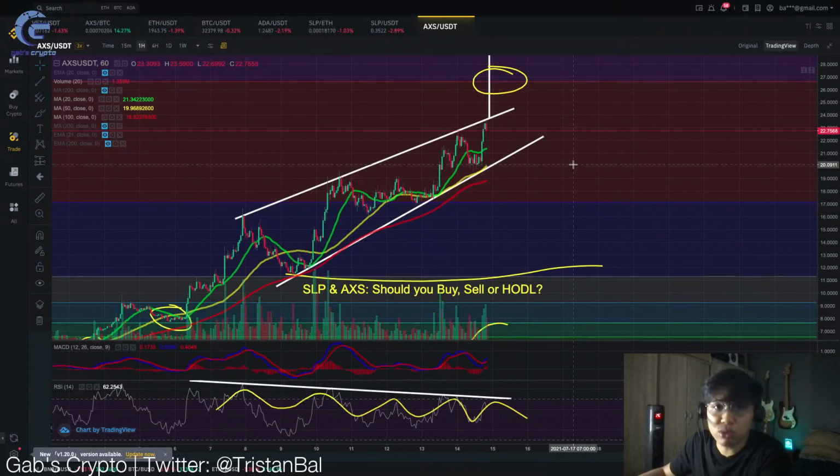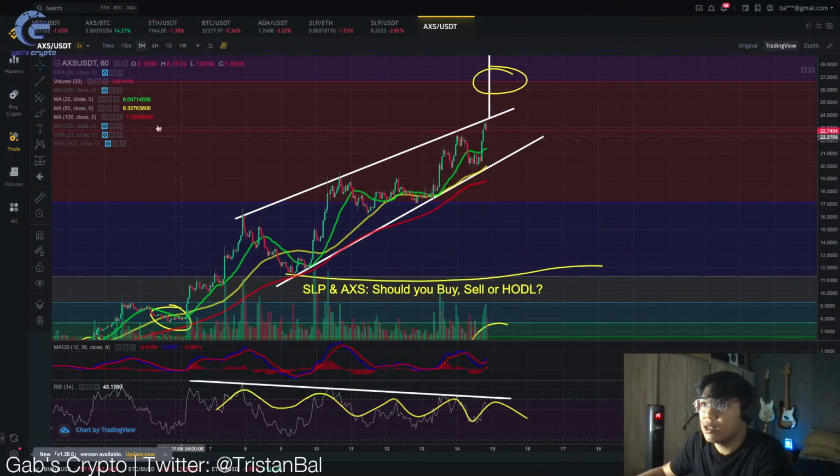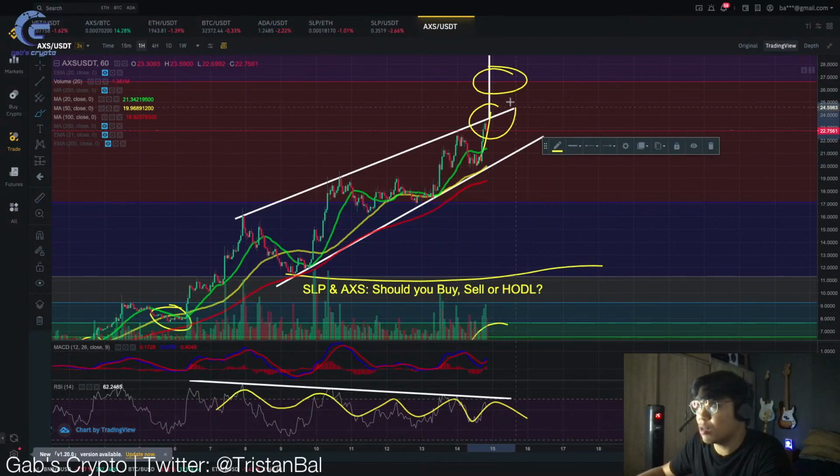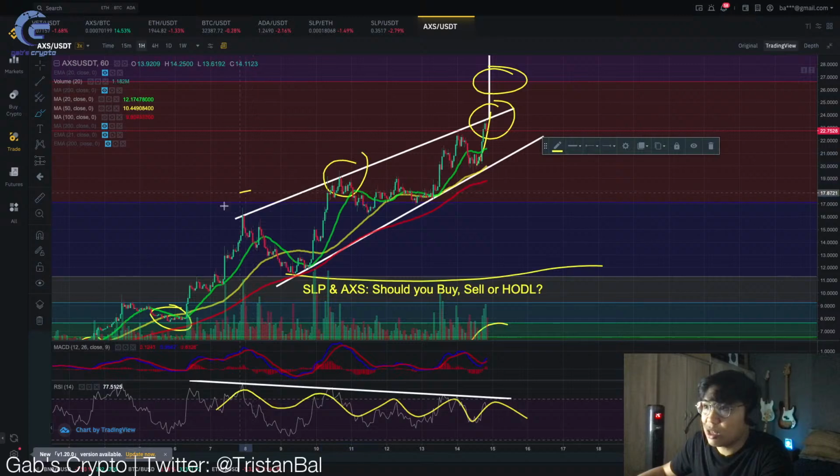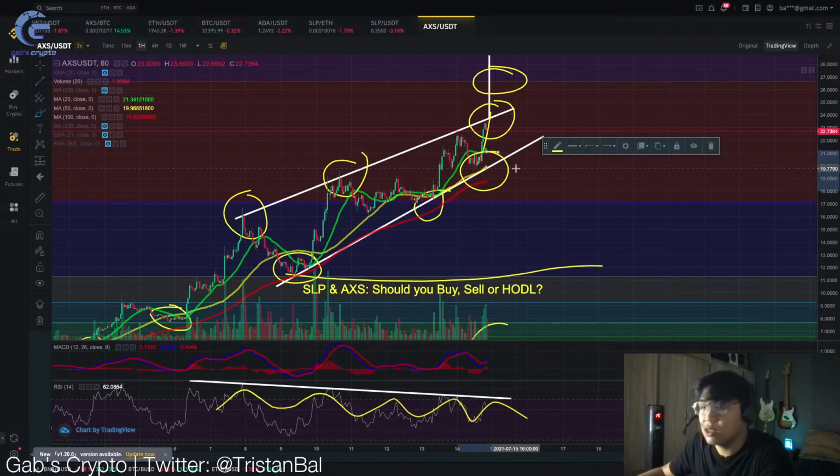So, if I were you at baguhan kayo sa crypto market, you need to know na every time na umaakyat si coin, that's where you should take profit. So, kung nakapag-breed ka na and nakakuha ka na ng reward for SLP, every time na umaakyat tayo sa mga ganitong levels, that's where you should be taking your profits. And then, pag bumabagsak siya, that's where you should be entering sa mga inyong SLP.